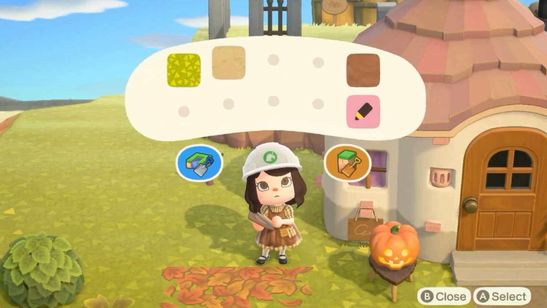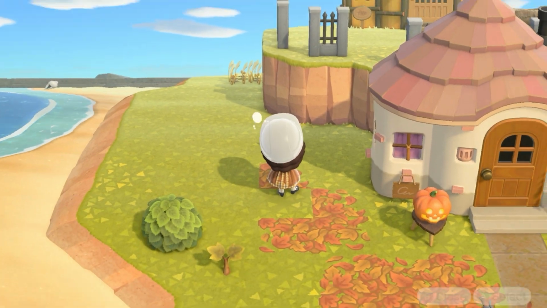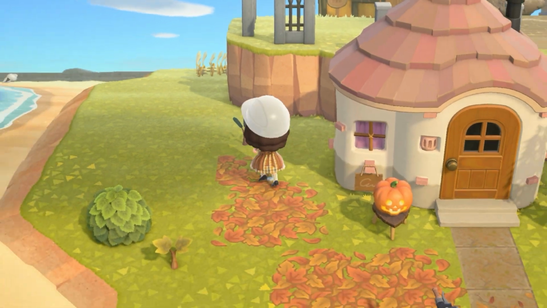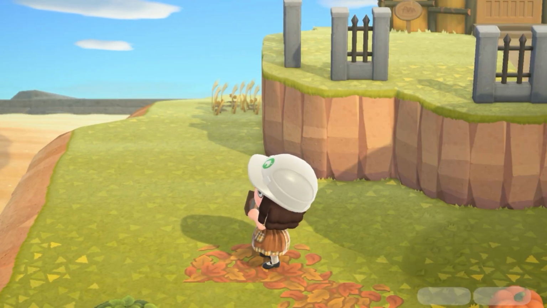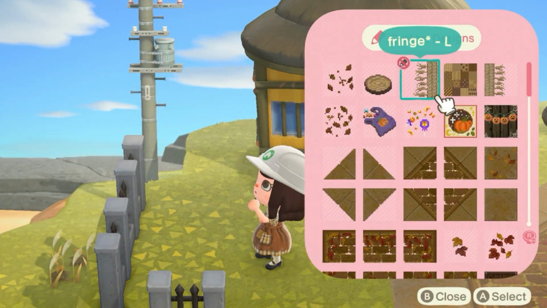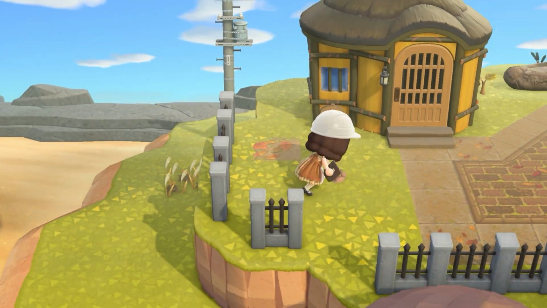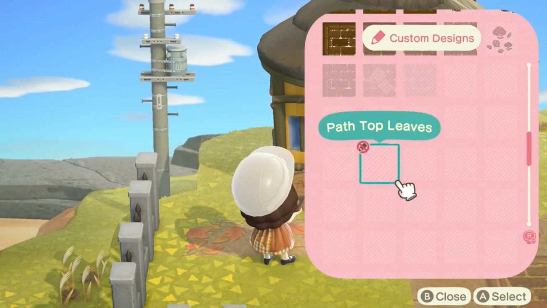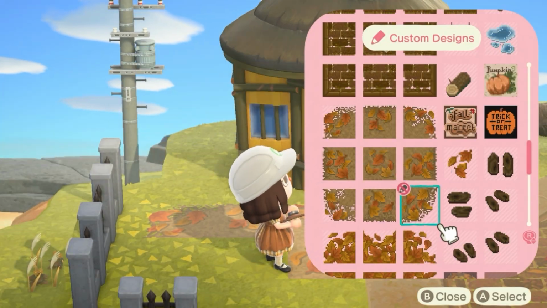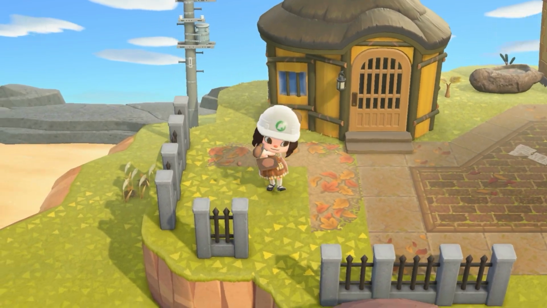So I might play on that day and record a video of what to do on Halloween in Animal Crossing. If you're interested in watching that video, or you have some insight on what happens on that day, just leave a comment down below and subscribe if you're looking forward to that video, because I'm very interested to know why you need to buy all this candy, and if there's a trick-or-treating aspect to it, because I know there's other holiday events like Turkey Day and Christmas, and I think New Year's too, but